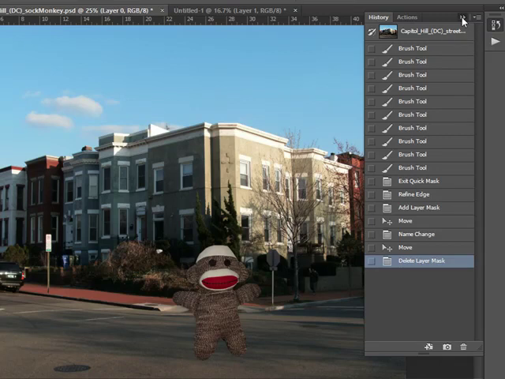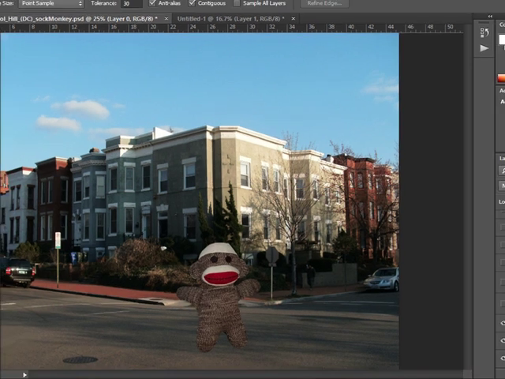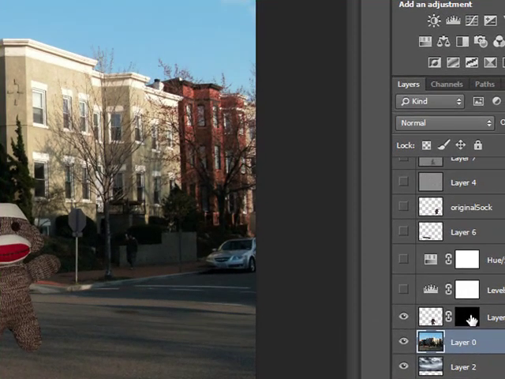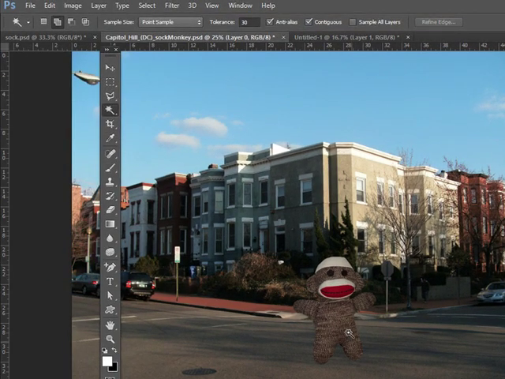So let's continue on with adding Sock Monkey to this picture. I did do a little bit more touching up on his edges and made another selection around him and worked on it in quick mask mode, and then I converted that selection into a mask that you see over here. And let's use the puppet warp tool now to kind of change his perspective and make it look like he's